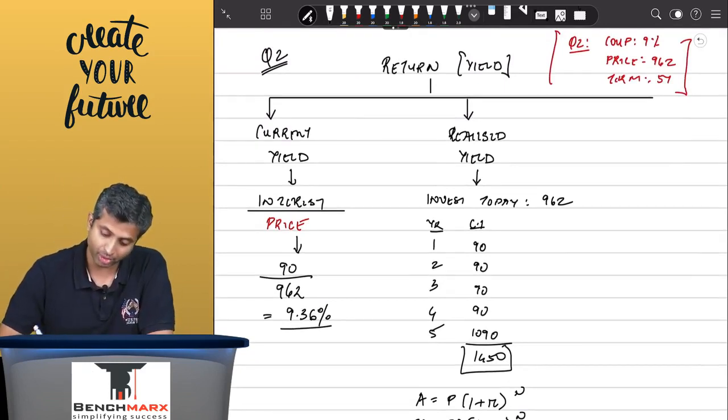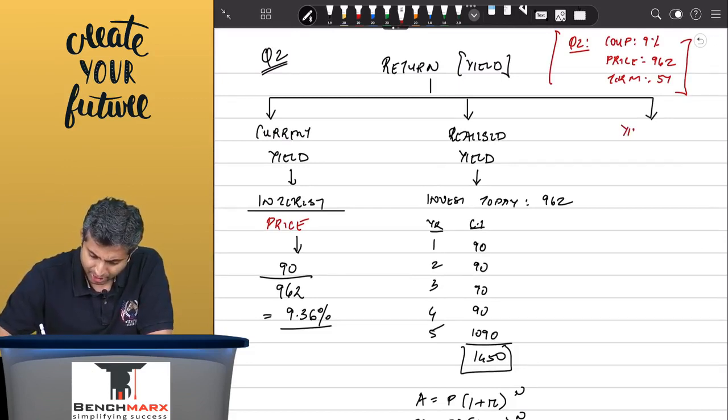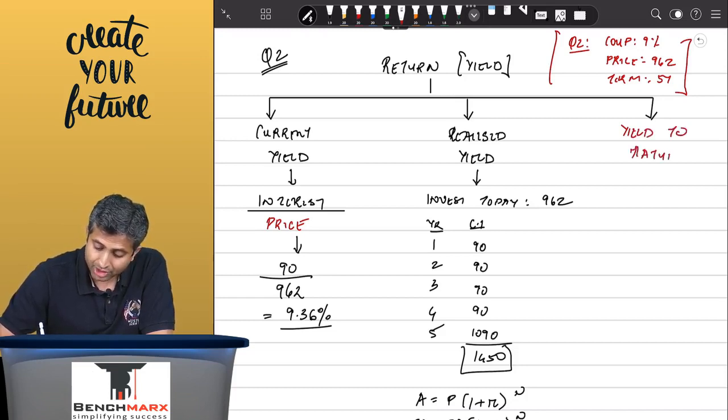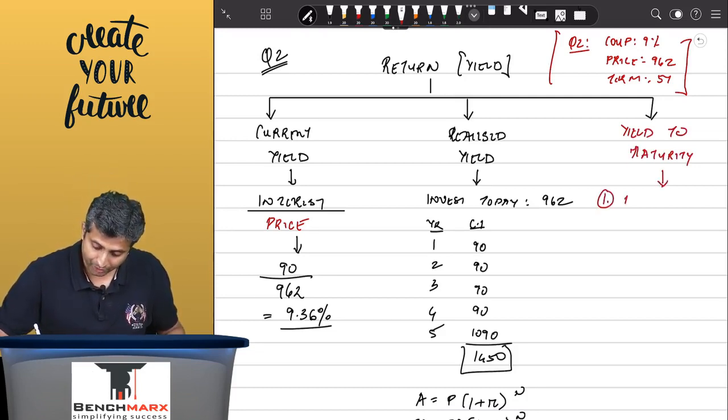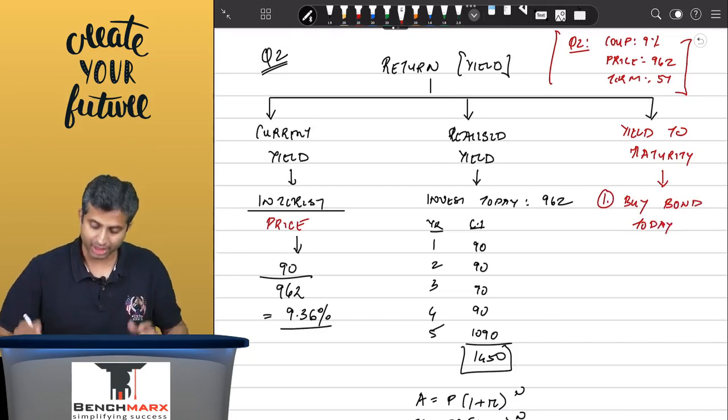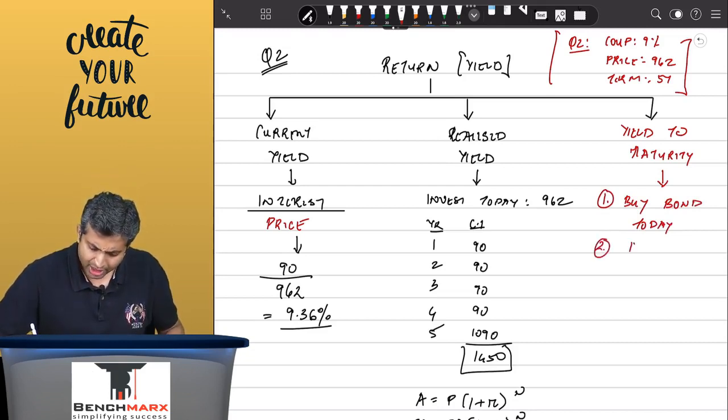Then sir, what is important? Well, the next measure of yield is yield to maturity. This is something which is extremely important. What do you mean by the words yield to maturity? Yield means the return to maturity, which means if you were to buy the bond today at today's price, so your purchase price gets fixed, it is a price today. And second, if you were to hold the bond till maturity,